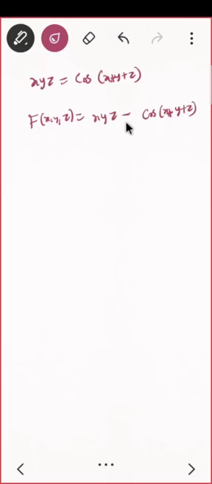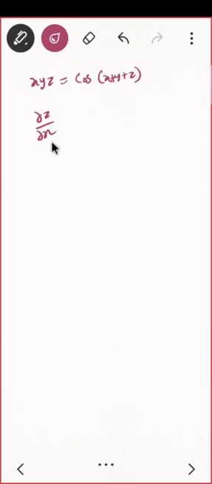Or suppose you don't want to use this capital F, then also you can do one more thing. See, what do you want to do here? You want to find ∂z/∂x, correct? Forget about anything else, find ∂z/∂x. Let us see what happens. And in the question they will be asking that at some point you want to get the value. So you can just quickly substitute that point and you can get that.